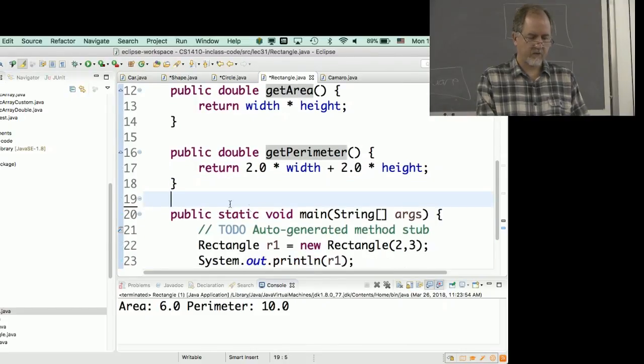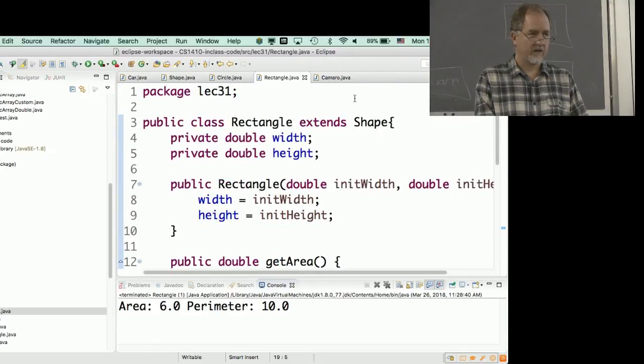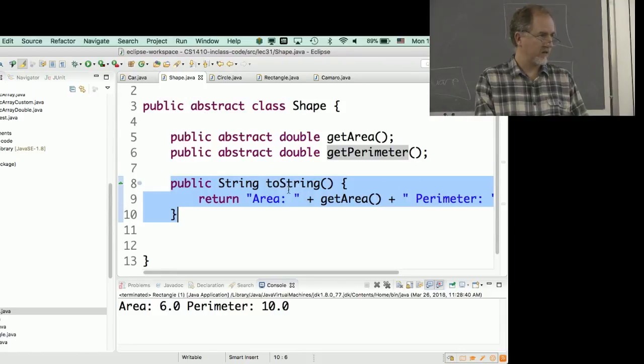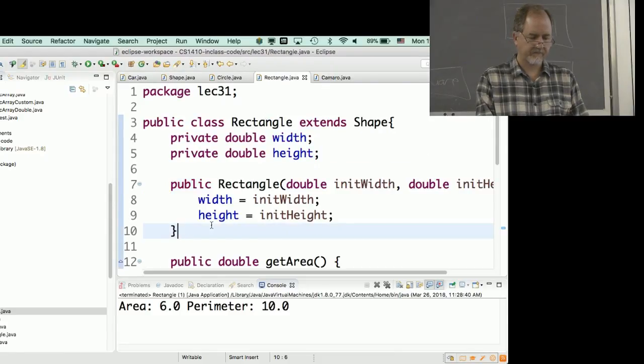All right, so if I were to run this, let's see what happens. Okay, so it still runs through some miracle, right? So what happens? We inherited from shape. All we get from shape is the toString method, but we also get this idea that we must implement the get area and get perimeter. So if I don't implement that,